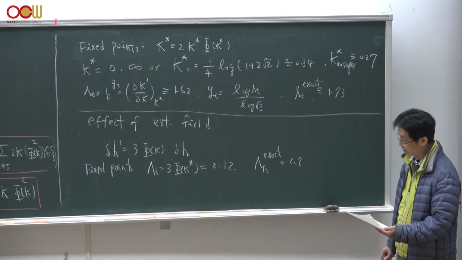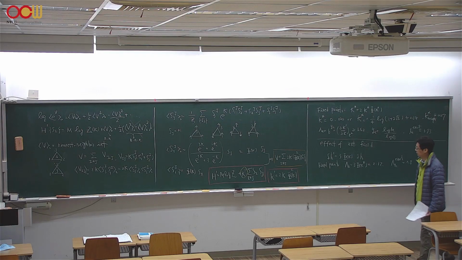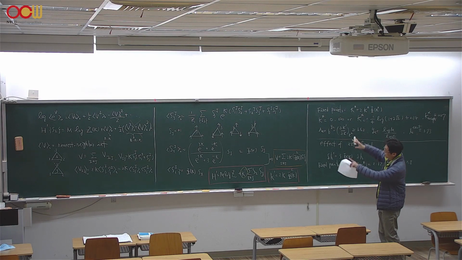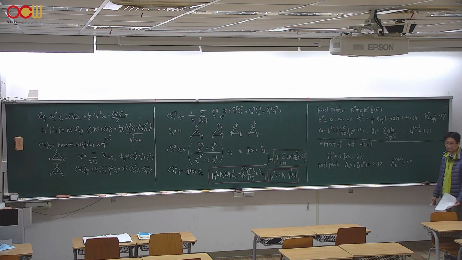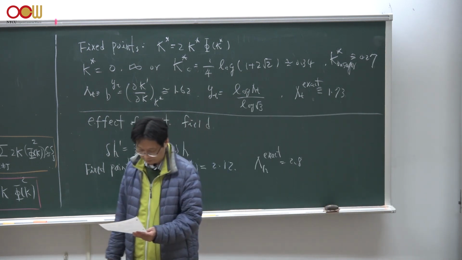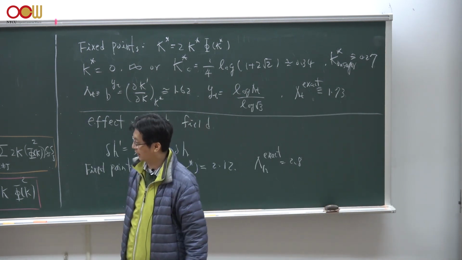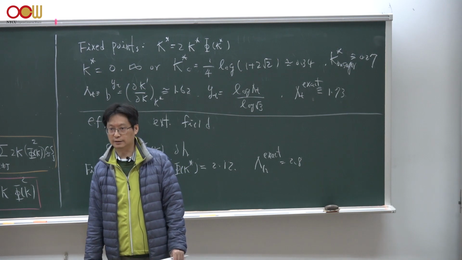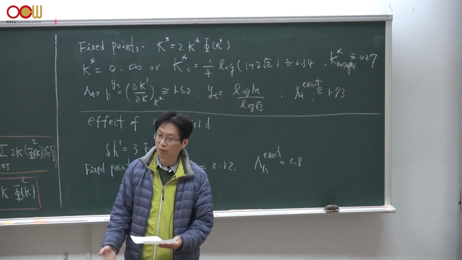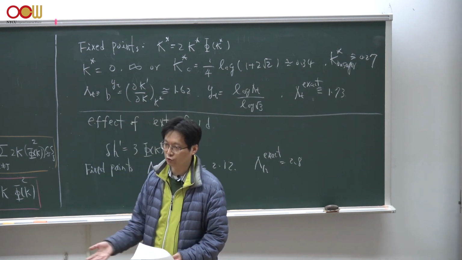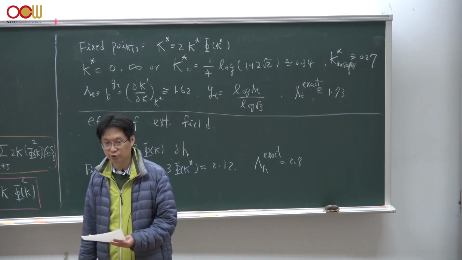So now we could just plot this global phase diagram by combining all these pieces together. So let me just stop here for a minute, and we could just sketch this RG flow and explain all these fixed points and the direction of the RG flow and so on. So let's take a short break.